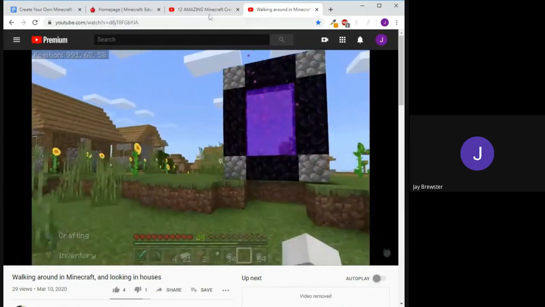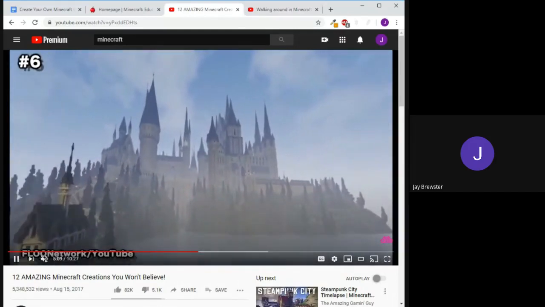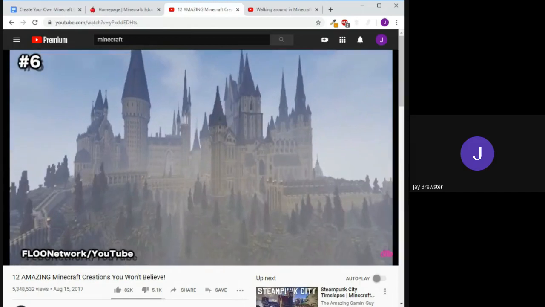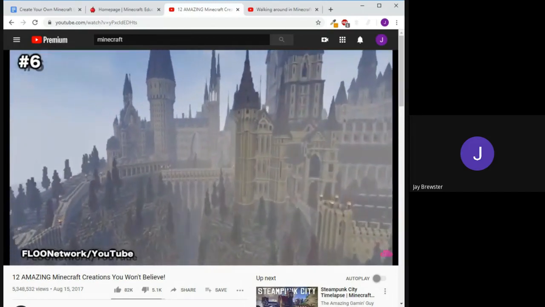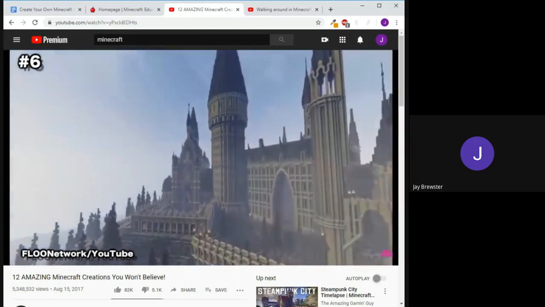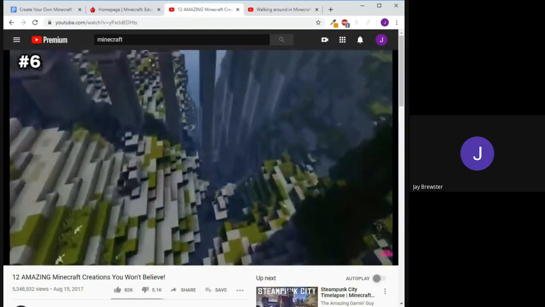But you might also see in this particular one, someone working at an extremely high level has basically built Hogwarts out of Minecraft blocks. But you can still see that it's just blocks. It's like Legos. So yeah, it looks pretty amazing.